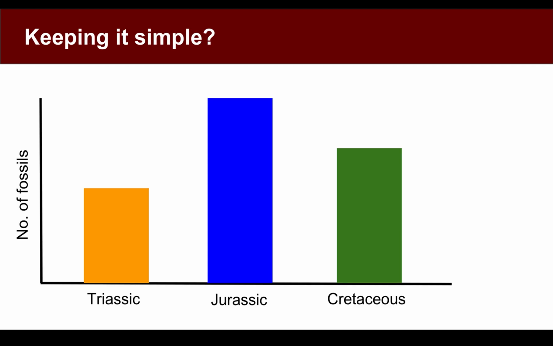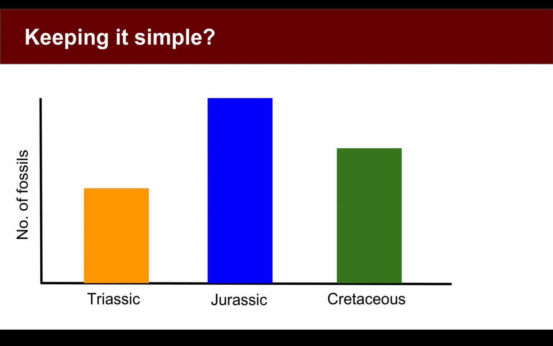So let's consider a relatively simple example of what we might be interested in doing. Let's say we've got three very coarse time bins: the Triassic, the Jurassic, and the Cretaceous, and there's something we want to measure about them. Probably what we'll focus on for most of this talk will be something like taxonomic richness, so just the total number of genera or species, whatever it is we're interested in. Maybe we find the most species in the Jurassic, second most in the Cretaceous, third most in the Triassic. But if we look at our data, we would see we also have the most fossils in the Jurassic, second most in the Cretaceous, third most in the Triassic.